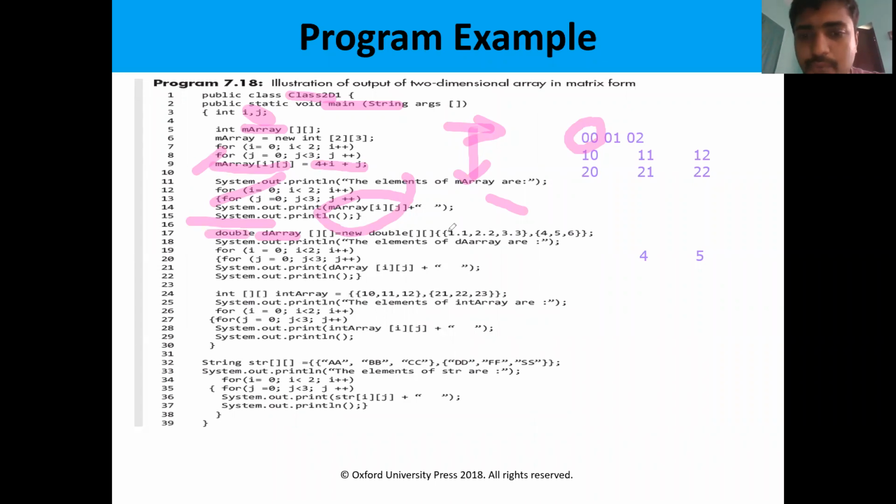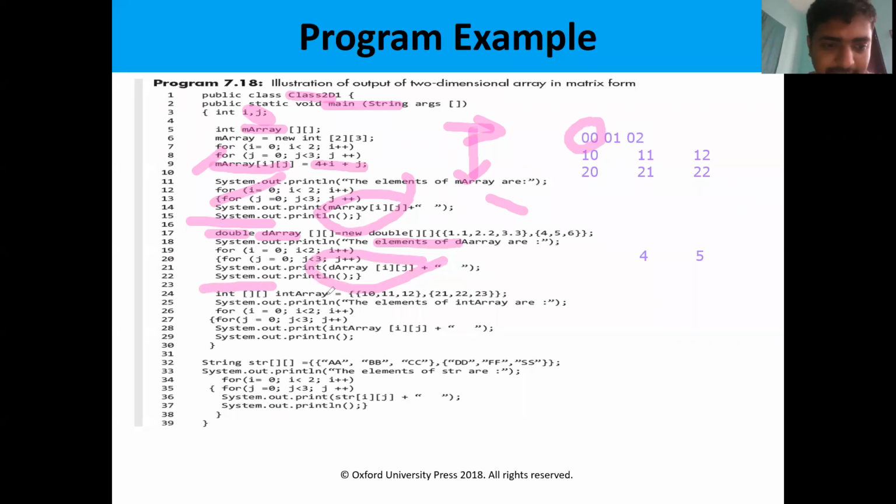He is going to save the double values, that means real numbers: 1.1, 2.2, 3.3, and the second row is 4, 5, 6. Then he is going to print that array, 2 rows, 3 columns. So this is the second array.